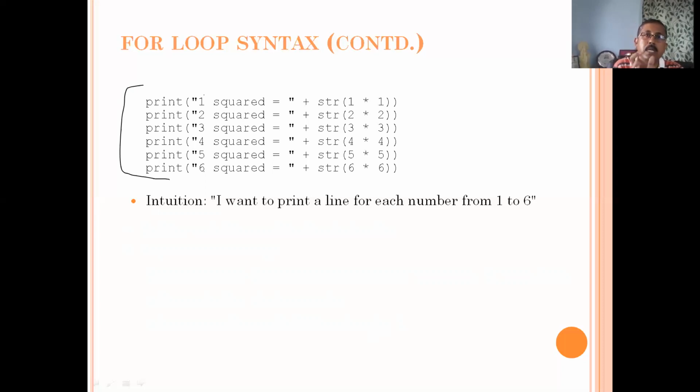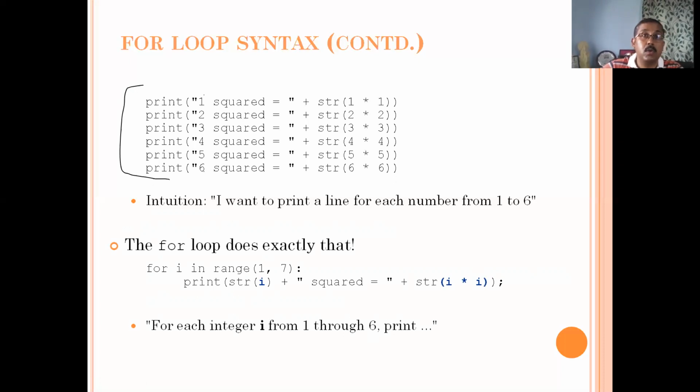Very easy. Basically we need to set a particular variable, and for that variable, we need to go from 1 to 6, right? Actually there will be 6 plus 1, because, as we have already talked about, whatever upper value you give, it's going to subtract 1. So if you want to use an upper value of 6, you have to specify 6 plus 1, which is 7 here. So for i in range(1, 7), it will start from 1, 2, 3, 4, 5, 6, it will